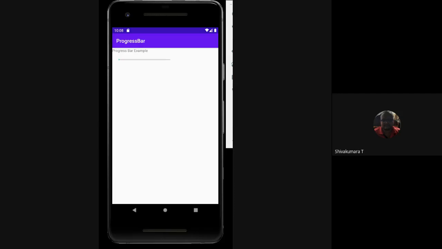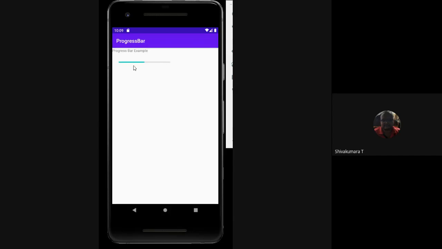You can refresh it, reload it. If it starts from the 50th progress position, you can notice where it starts.